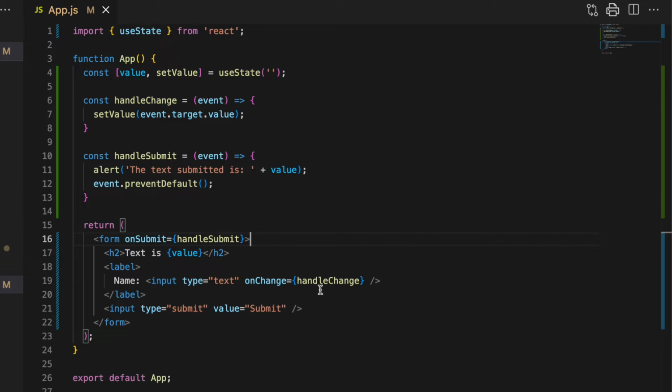So here is an event for handling the change of the input. As I type characters into that input element, I get to see them show up right here in handle change. So I get an event, and I can look at event.target.value, and I can use my hook to set that into this local variable value. So all of this JavaScript and React code, you can see it's all working together to manage this form